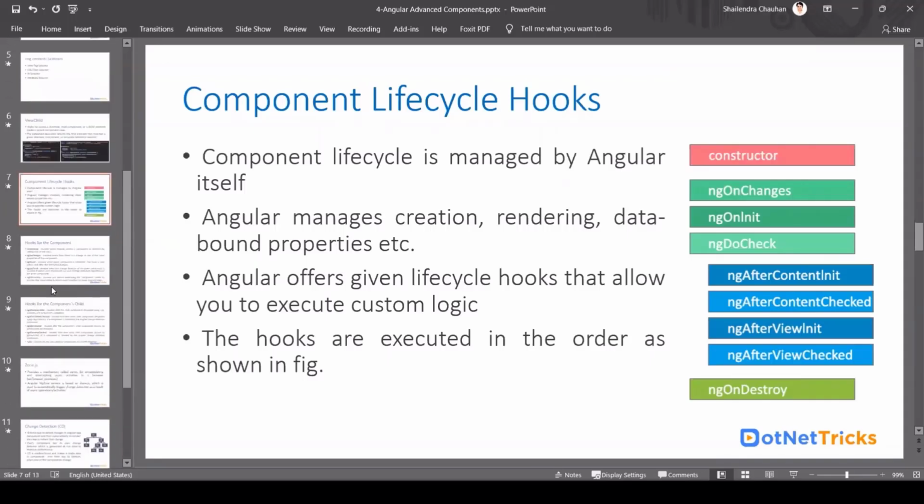So the next thing which you need to understand is component lifecycle hooks. Here the component lifecycle is managed by Angular itself. And these are the various lifecycle hook methods we have inside a component: constructor, ngOnChanges, ngOnInit, ngDoCheck,